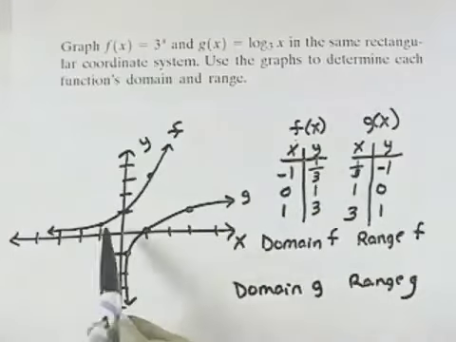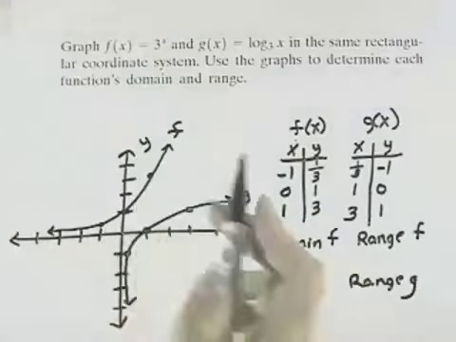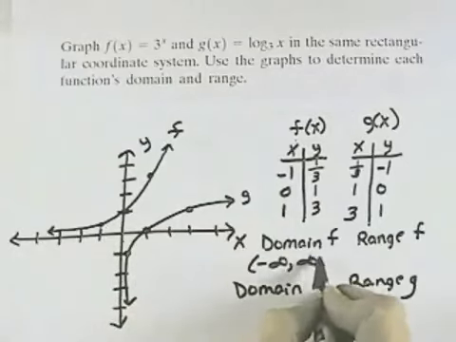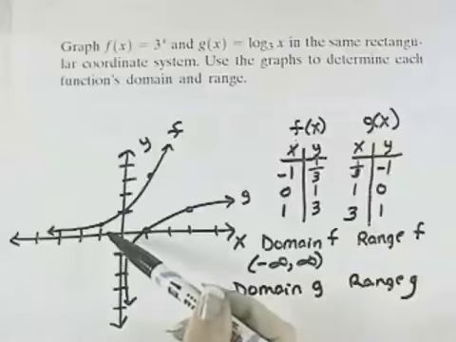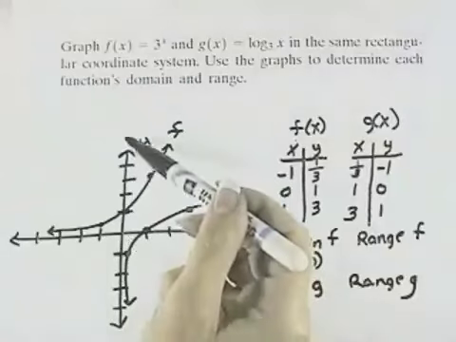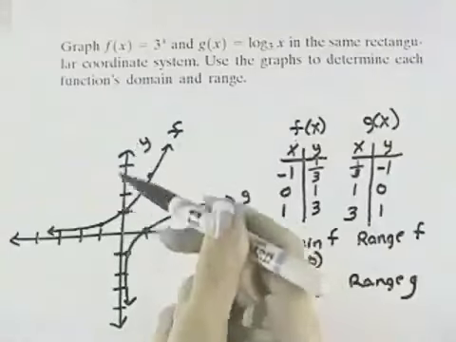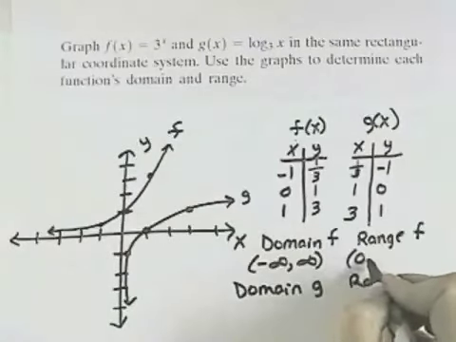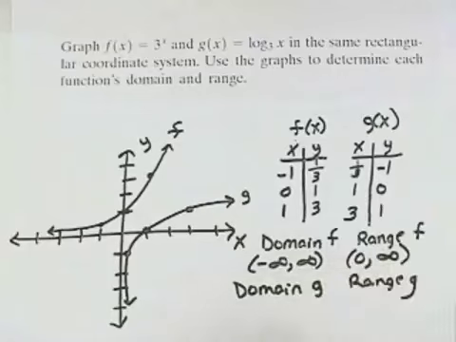For the domain of f, I can see I go infinitely to the left and infinitely to the right. So my domain is all real numbers, which is negative infinity to positive infinity. But my range starts at the x-axis and only goes up, and so therefore I only have a positive range, and it never reaches the x-axis, so 0 is not included, so the range is just positive values from 0